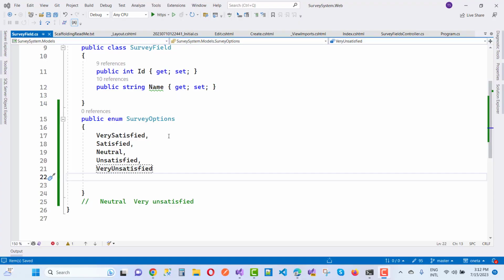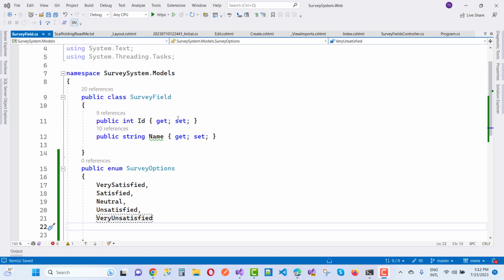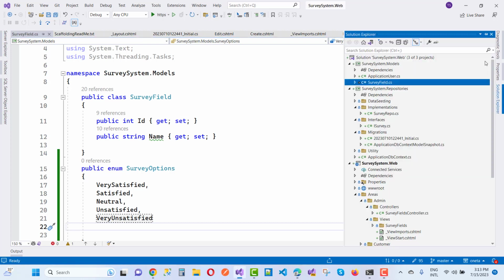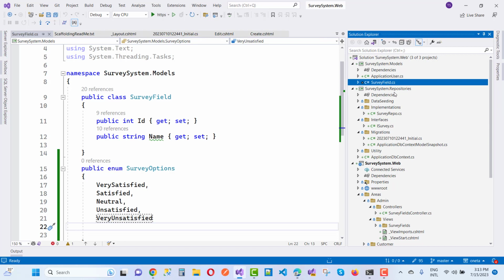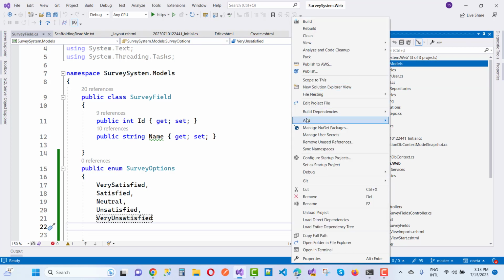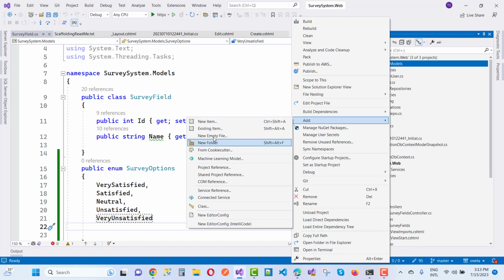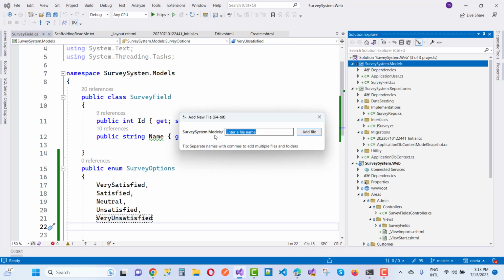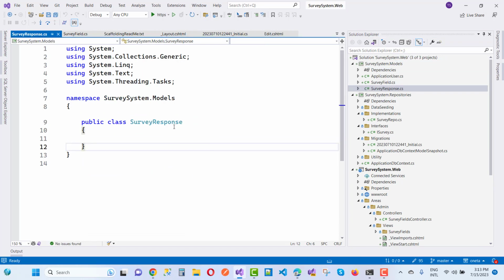Okay, so here we have survey options, and the survey fields are there, and in between we have to use radio buttons to get the values from these options and the survey field. So just use survey options, survey response in the model folder. So add a new model right there, add a new empty file, and you can say survey response dot cs file. Okay,